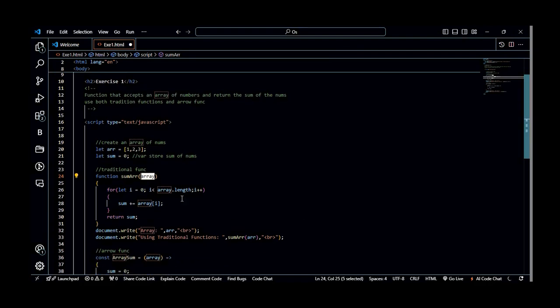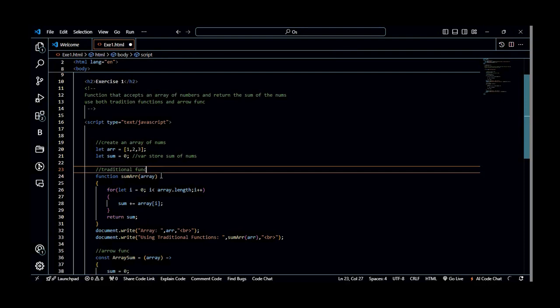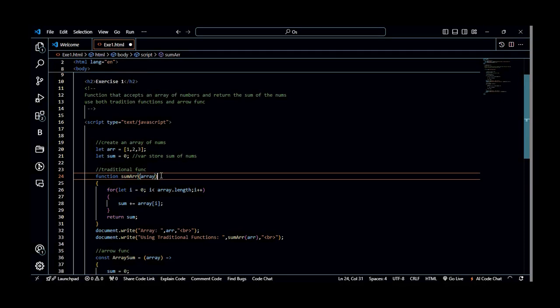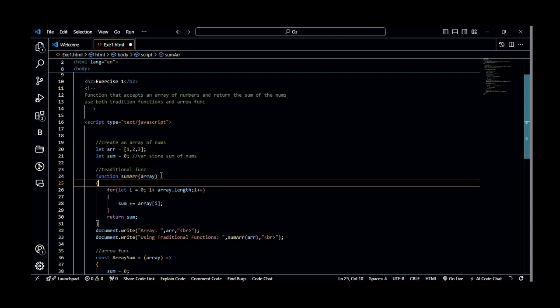So cool. So we created a function. If you look at line 24, we created a function called sumArray, and this function takes an array as an argument. So cool. The next step, this is where we're going to be using a for loop. A for loop is